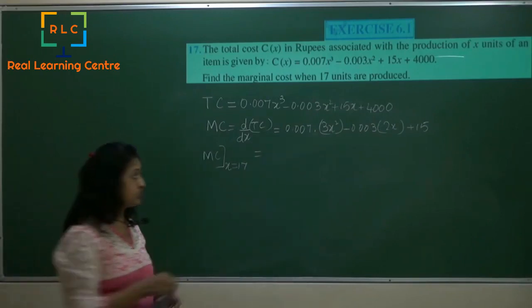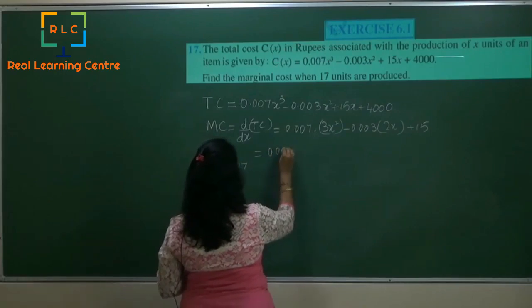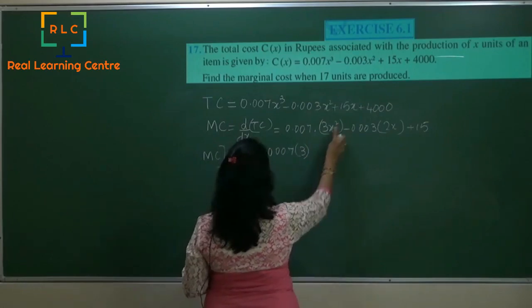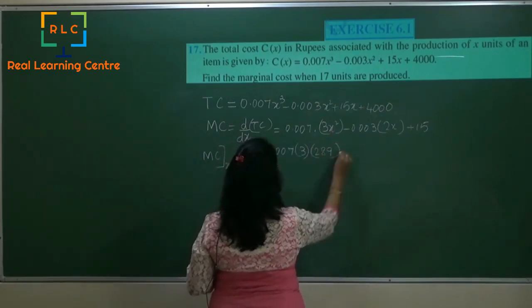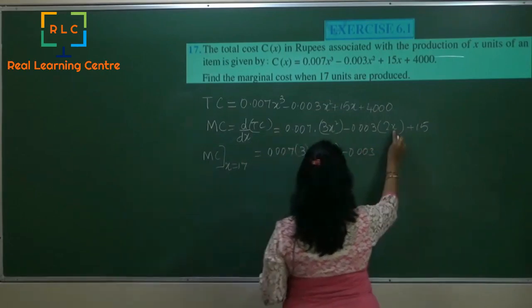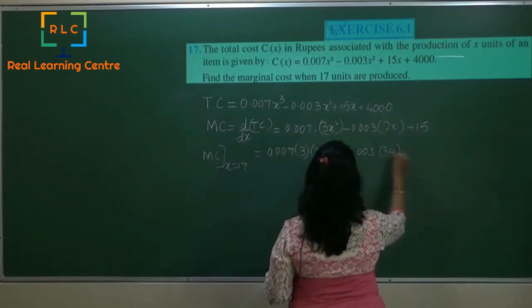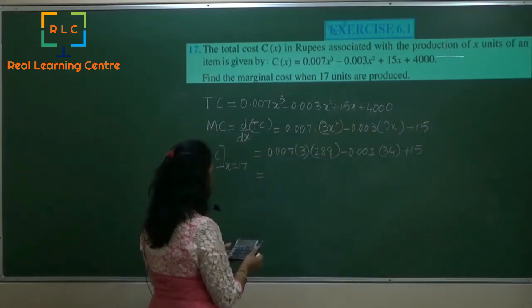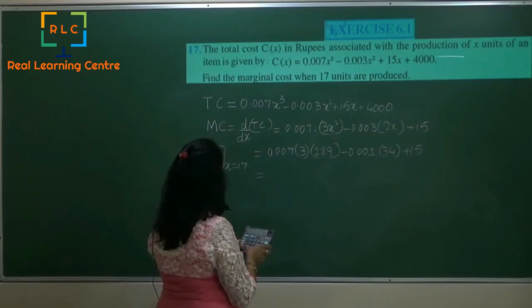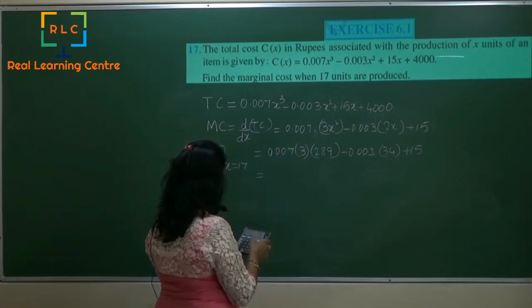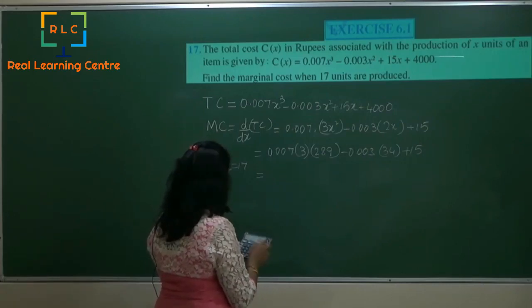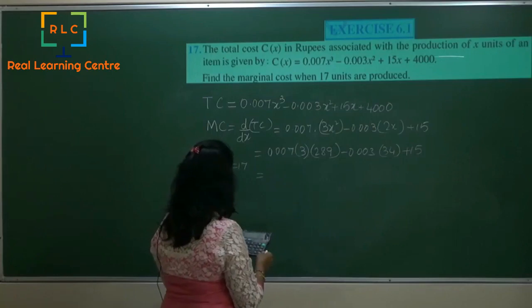I shall use the calculator for this. You have 0.007 into 3 into x equal to 17 square is 289, minus 0.003 into 17 twos are 34, plus 15. So now I shall do this calculation as 0.007 into 3 into 289 is equal to